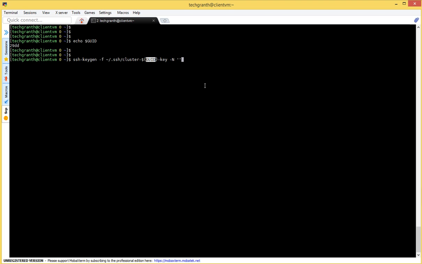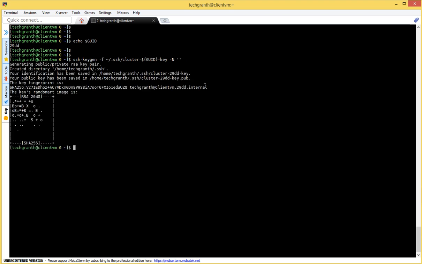So we have used that GUID here. Okay, press enter, right? So let's see .ssh. Here we have the public and private key for cluster 29DD, right? This public key we will use later.